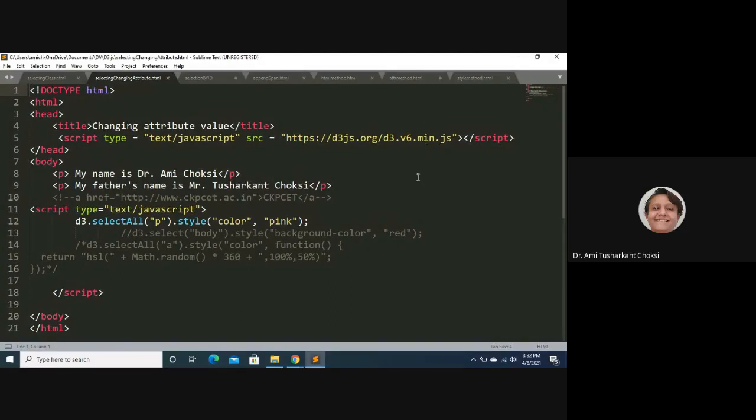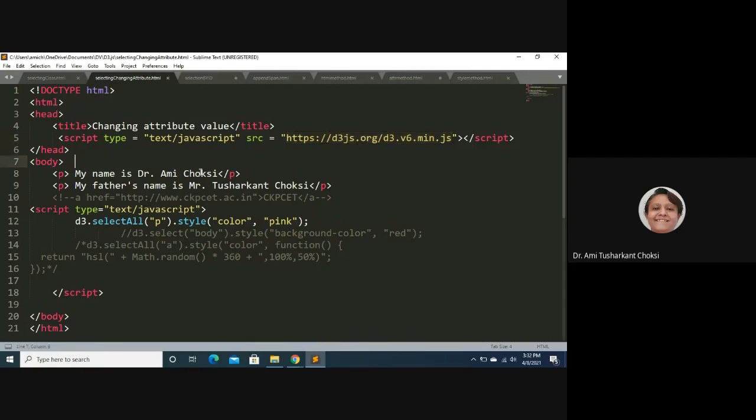Now, D3 selection, right? Script type is equal to text/javascript. Source is equal to https://d3js.org/d3.v6.min.js. Right? We have provided the complete path, the real path for our JavaScript library. Which library? d3.js. Right? Okay.